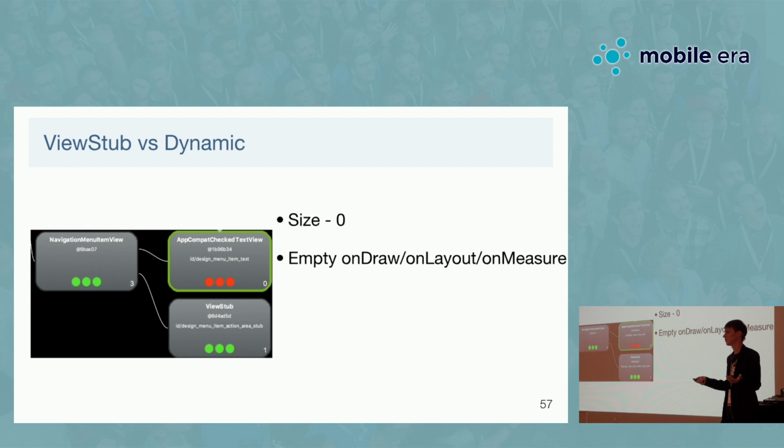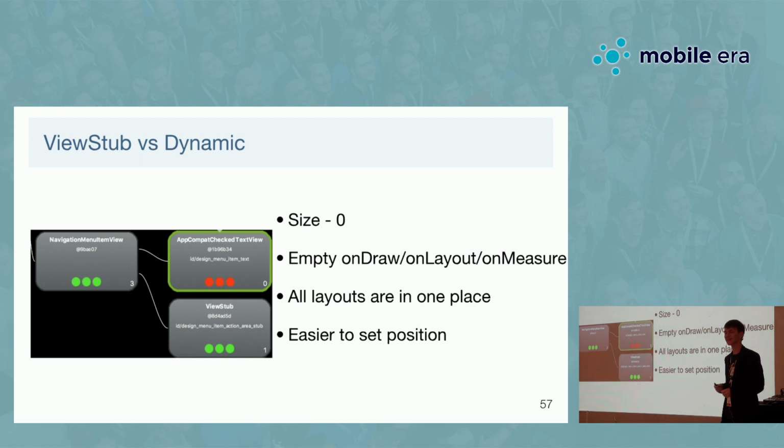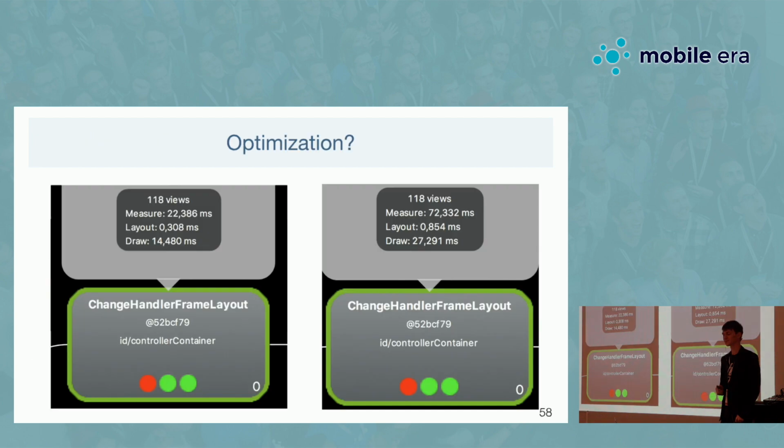But you can say, oh, that's almost the same as making the view dynamic. The difference is that, first of all, you will have all your layouts in one place, and not part in XML, part in Java code, which, at least for me, is very inconvenient. And second, it's much easier to position this ViewStub because you will see it in the preview, especially with the nowadays ConstraintLayout. I don't know about you, but I don't like to put all these constraints in code and try to understand if it works well or not. So that's actually a pretty good thing, in my opinion.